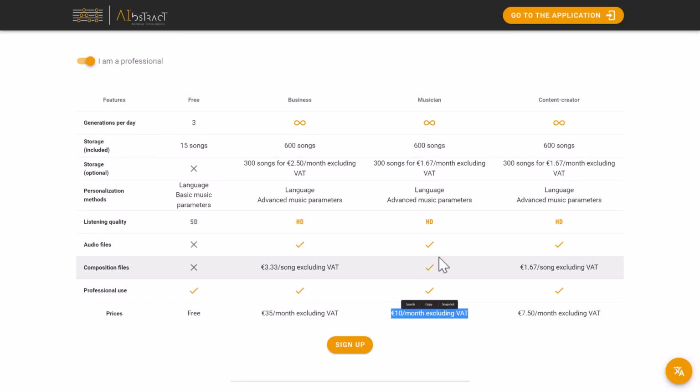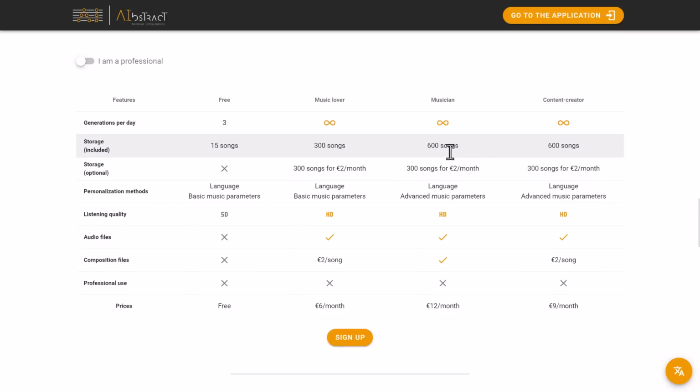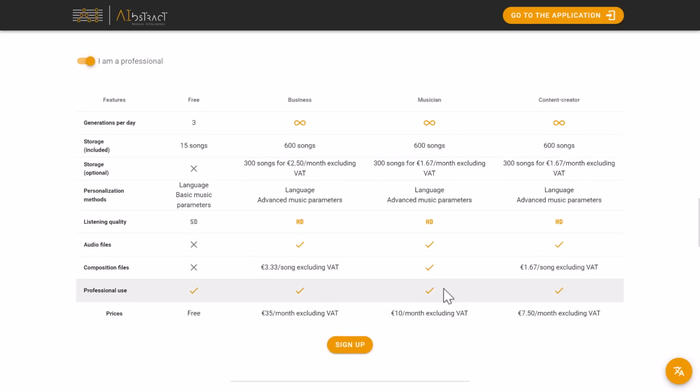I don't get their pricing. I really don't understand their pricing at all, because this is by far and away the best tier. The musician tier gives you everything that you would get over here, just including the ability to actually use it professionally. So I don't get their pricing scheme. But realistically, you can look at it as you can either use it free, like so, which, by the way, the free tier does allow you to use it professionally, but doesn't give you the ability to download it. So I don't know how the heck that would work. But at the musician tier here, you can create up to 600 songs and download them professionally.